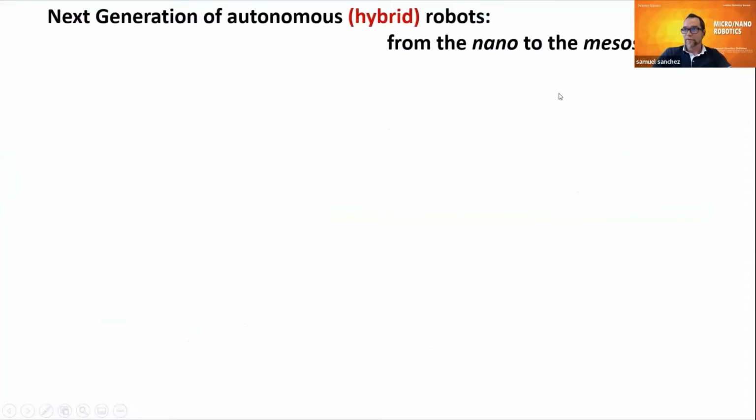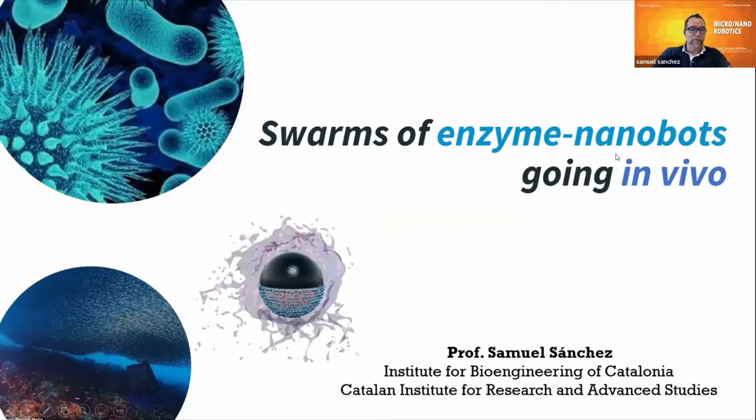To present our work here on enzyme nanobots, how we can make them going from in vitro to in vivo, and how do we actually mimic what you see here, like virus or bacteria model systems, at the micro nanoscale. How can we then make them swarm, like flocks of fish and swarms, swimming entities, and all of that using artificial nanoparticles combined with enzymes. So that's why we call them hybrid.